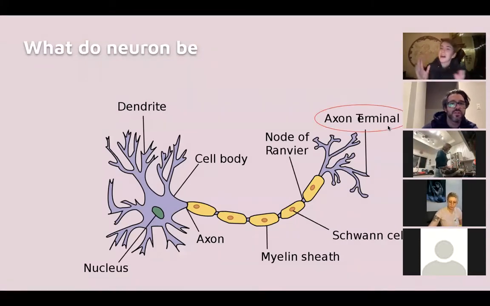So let's take a look at the axon terminal. This is where we're going to be focusing most of our attention. This is where the magic happens. Your melon is where the magic happens. You guys all have great melons. I've seen all of them. They look awesome. So the axon terminal receives electricity, receives signal.